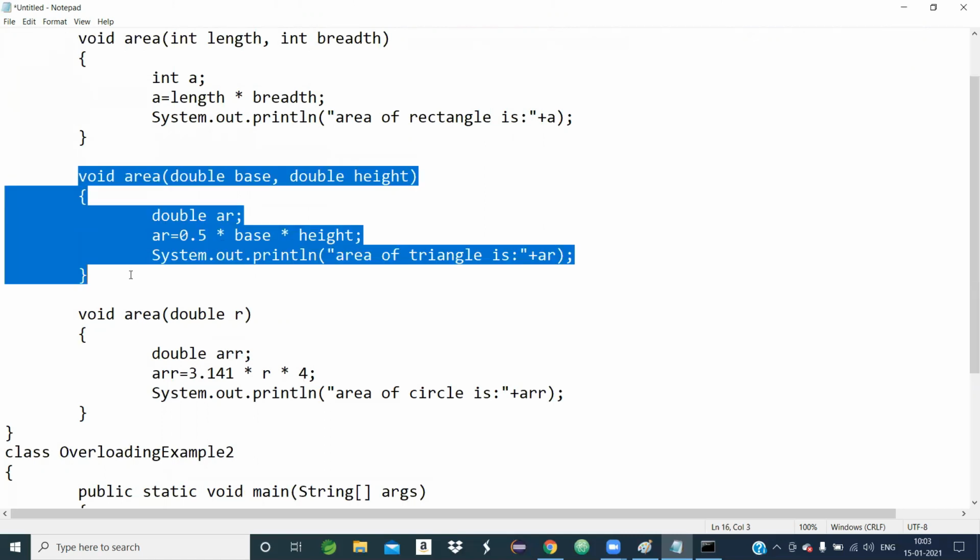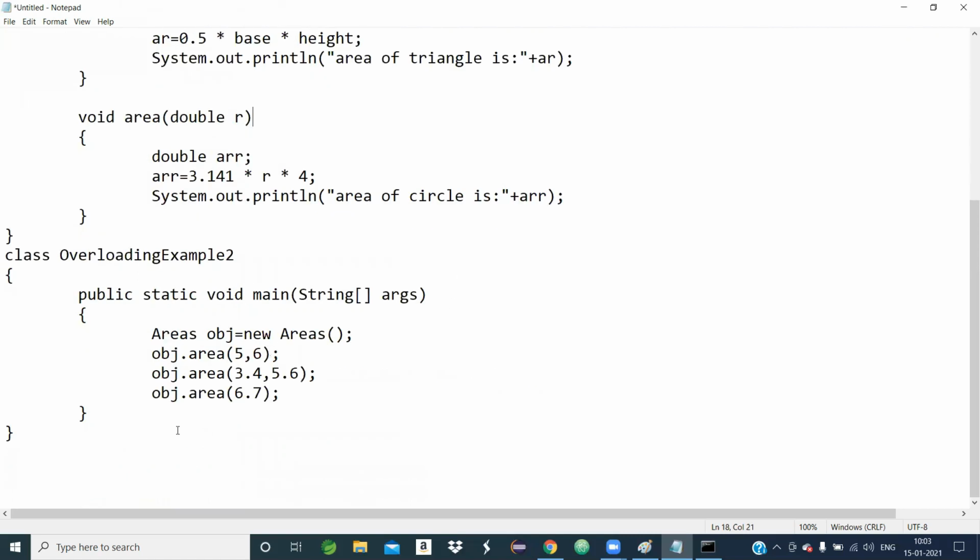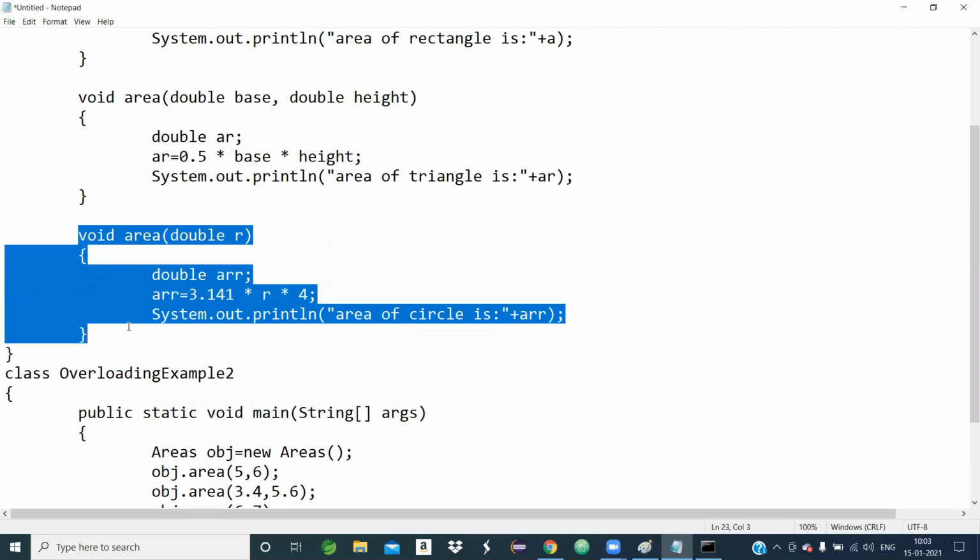So this portion will execute. Here is one output statement, and according to that output statement the output value will appear. Similarly, when this line executes, this portion will execute.